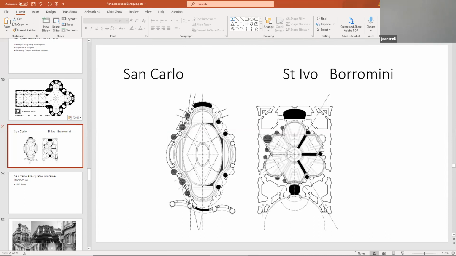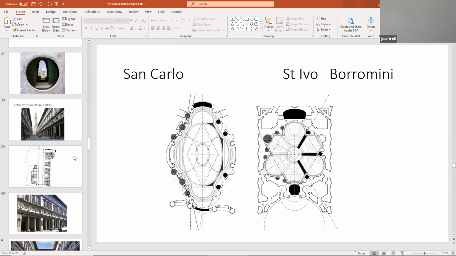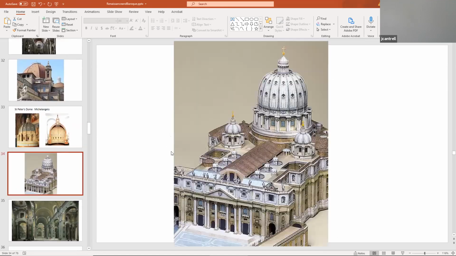Not only is it remarkable to imagine these things, you have to draw them and then build them. I'm going to revisit some of these for a minute. On the left is the floor plan of the small, relatively small chapels. Let's take a look at these two plans and remember that. Let's go back to St. Peter's by Michelangelo. The scale of that, if you remember the images I just showed you, the plan of those buildings is roughly the size of one of these little domes, these little spherical projections on the roof.